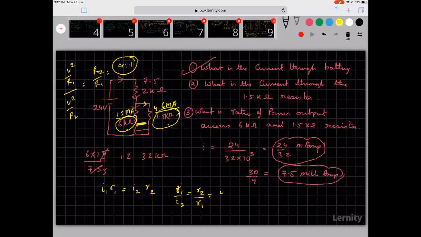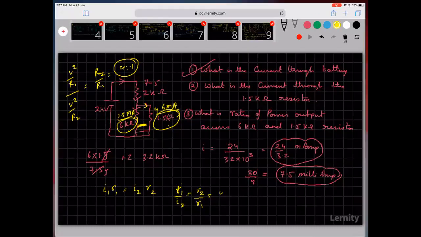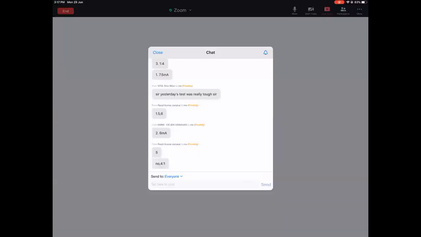So if this is done, I think I am done. I will just stop today. I'll expect you guys to work out all your assignments and then come back. Tomorrow, most probably, I'll be starting the next chapter, that is moving charges and magnetism. Maybe by then I'll also get a chance to look through your performance in the test. Maybe tomorrow I'll do a discussion of the question paper, and day after tomorrow I will start with the new chapter. Please make sure that you are doing some reading. Only if you read, you will be able to understand.